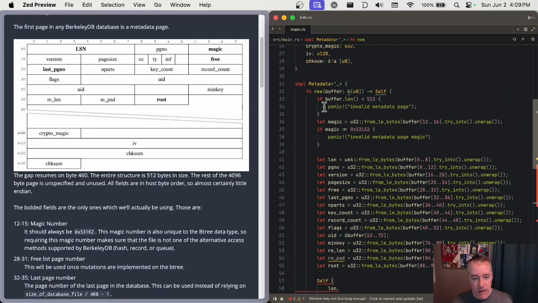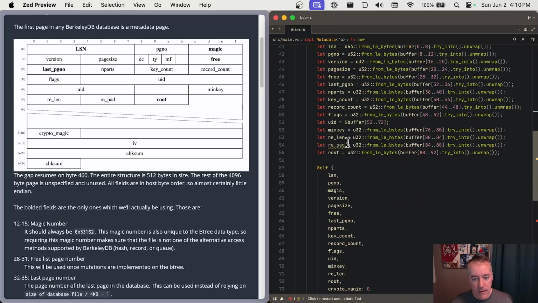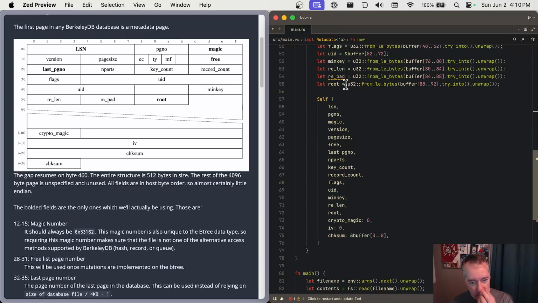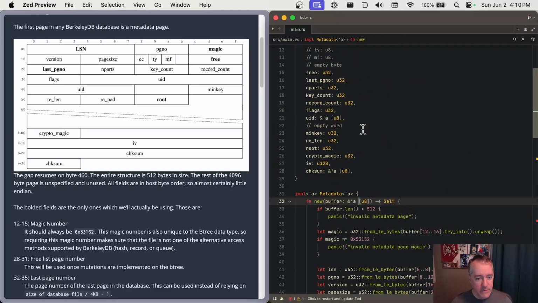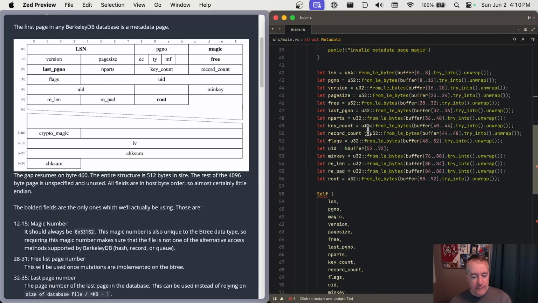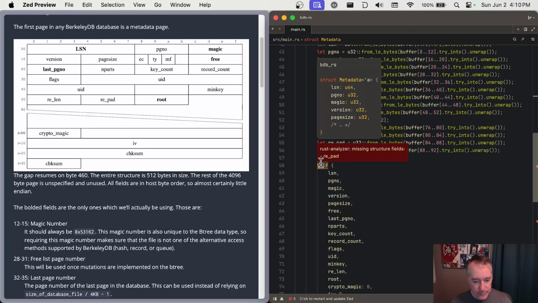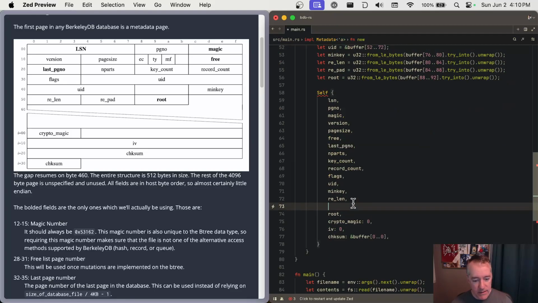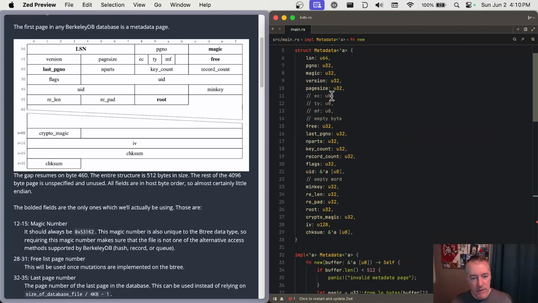Okay, so now it's like, hey, this is where we're going to get into the problems. Okay, that should solve that. Okay, so we did not make a field for REPAD, did we? We did not. All right, REPAD. And we're missing REPAD down here. Okay, so now since we have implemented debug,